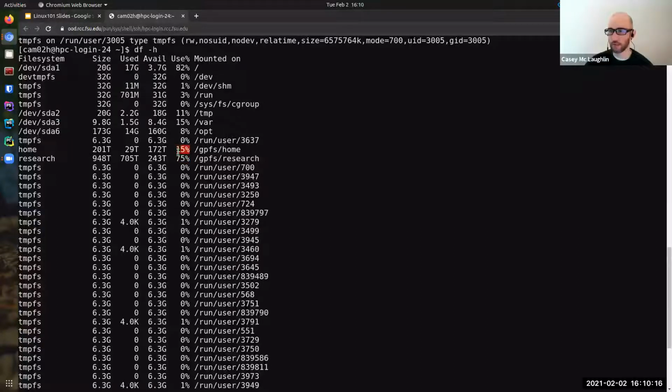So if you have an account on the RCC or HPC, we give 150 gigabytes for free as part of the allotment that you automatically get in order to manage space efficiently on the system. If you need more than 150 gigabytes, you either have to beg us, staff members, for additional space or purchase some.